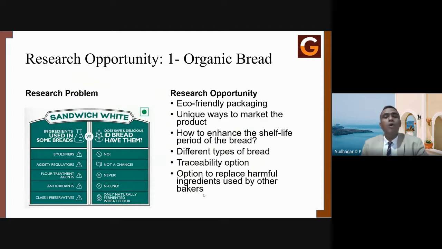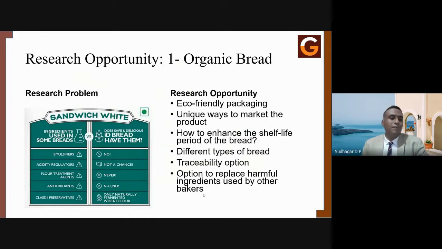When you look at all the products ID had introduced, they have clearly taken the problems faced by the customers, and they worked on the problem. They came out with a solution so that the customers can have a better product in hand. One of the recent products introduced by the ID brand is ID bread. The problem they saw is that almost all of the bread in the market today, including from the top manufacturers, has emulsifiers, acidity regulators, flour treatment agents, antioxidants,